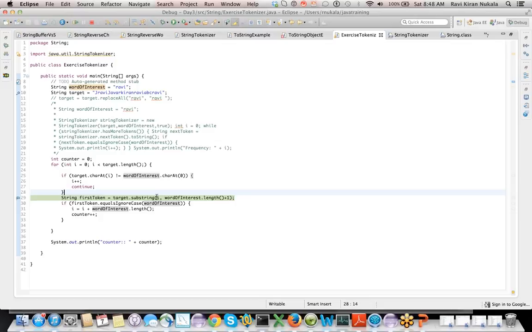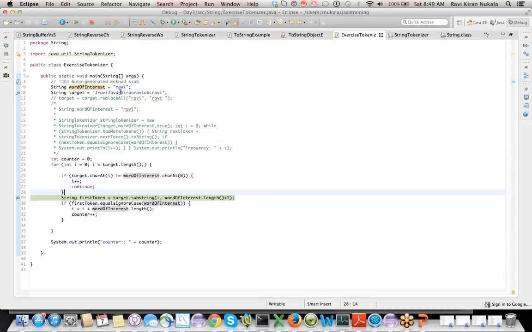Target is this. I is what? Still 9. Target I became 9 because we kept on incrementing it. First it was 0, so it became 1, then it has to become 5, then it has to become 9.